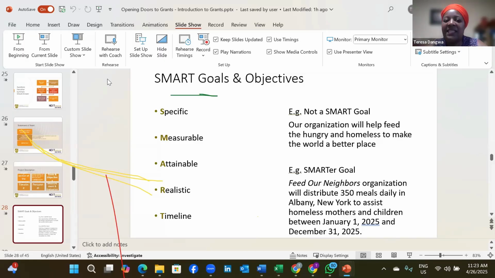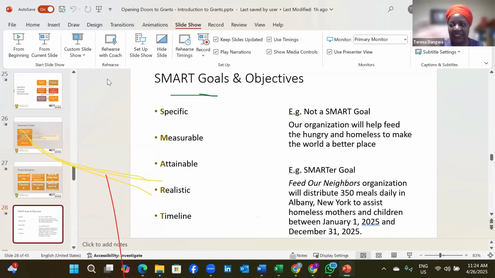Thinking about the SMART, what is wrong with this? Our organization will help feed the hungry and homeless to make the world a better place. It's not specific enough or measurable. It's not specific enough, and it has no measurement, and nor the timeline. It's just a desire, but how are you measuring it? What's the timeline? So if you take that same goal and you want to do a SMARTer goal, you say